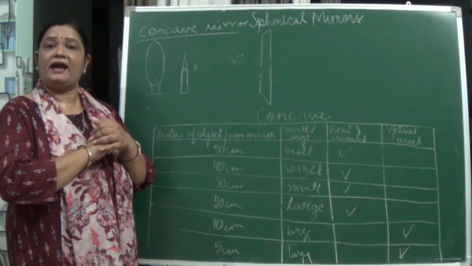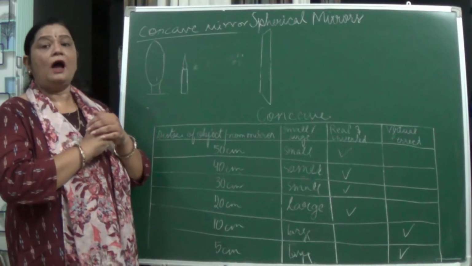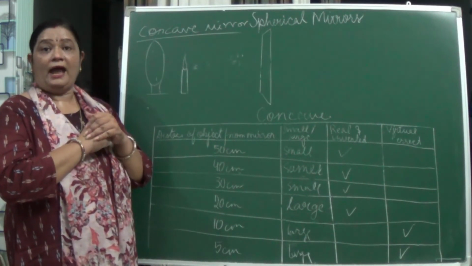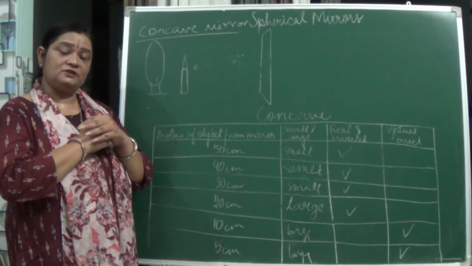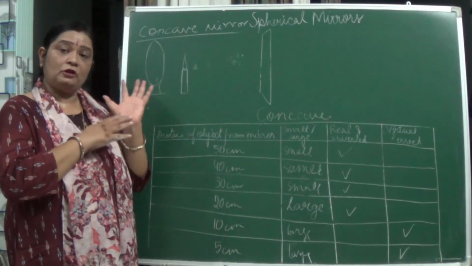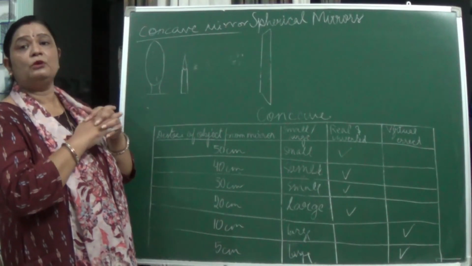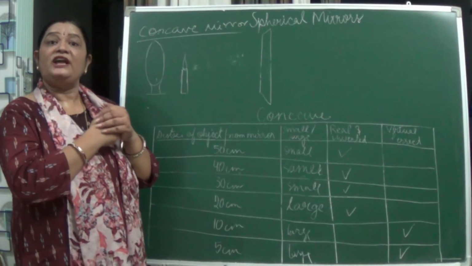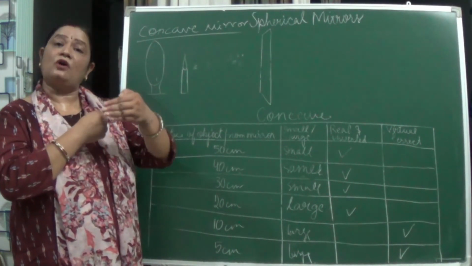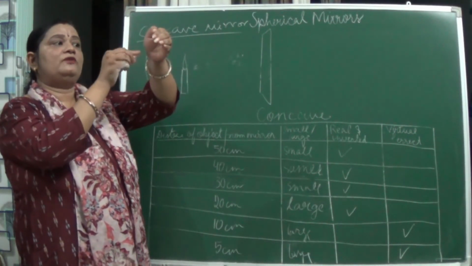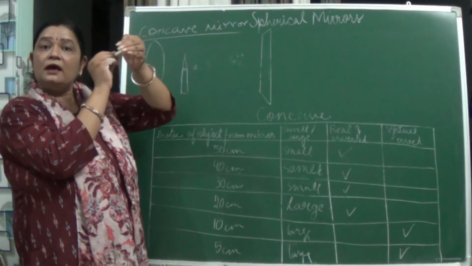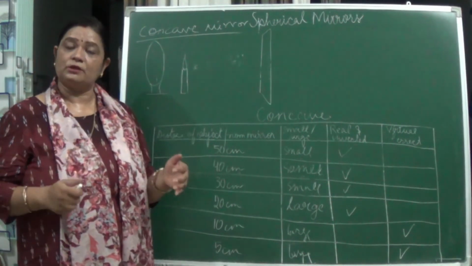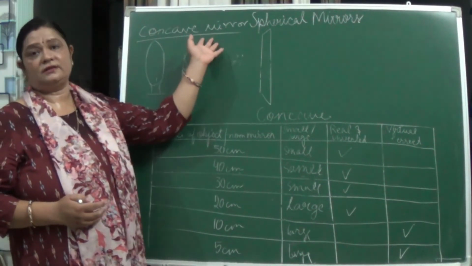Now let us understand the uses of the concave mirror. I said we get a magnified image, and we also get a diminished and small one. When we talk about the concave mirror, whenever you go to a dentist, they use this mirror to see your teeth. In the torch you will see it is also a concave mirror, because the bulb is present over here and light rays fall on this hollow surface, which is the concave surface. So in the torch too, concave mirrors are used.